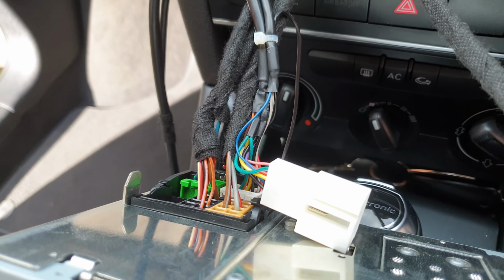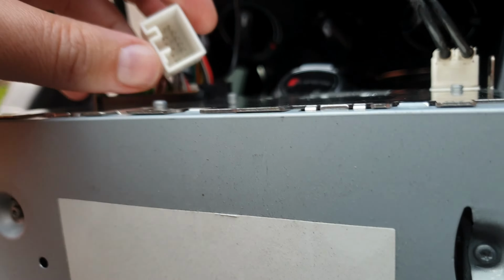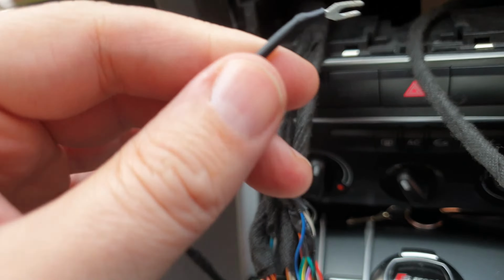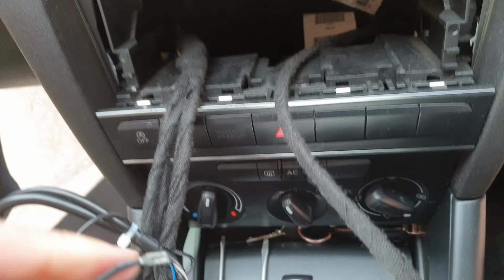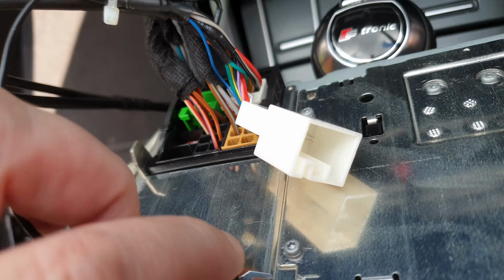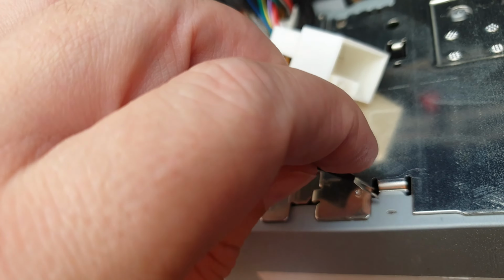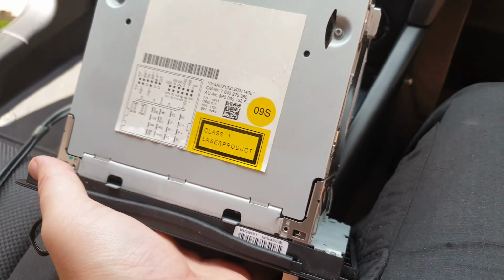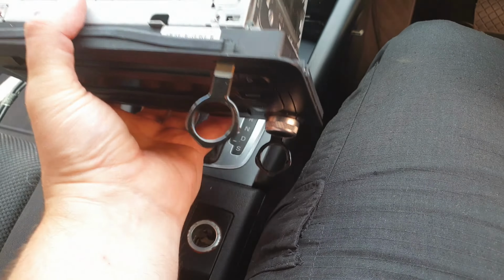So once that's in, leave this one there. And the next step is this small earthing cable. This needs to be earthed on the back of the head unit, which can be done like so. Okay, and then I think we should be ready to